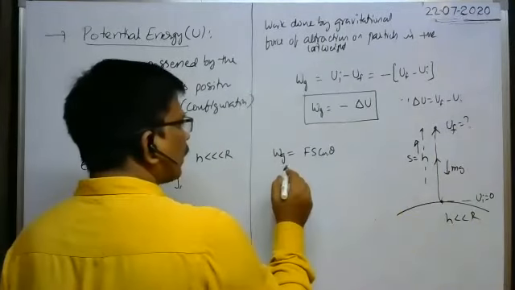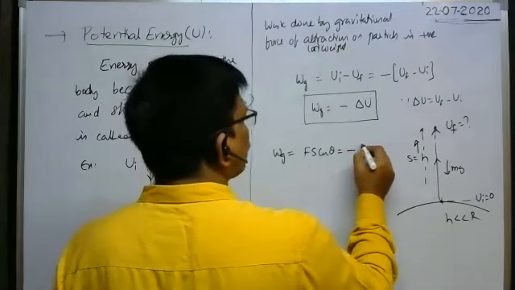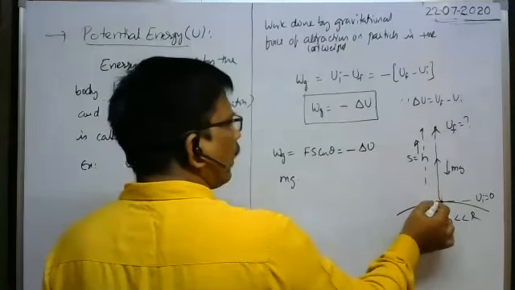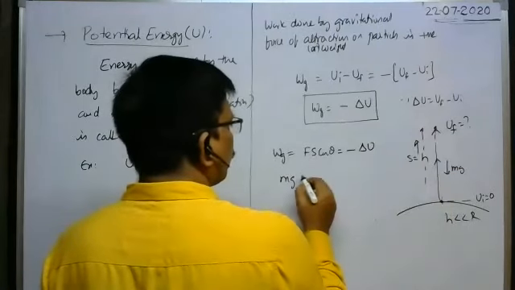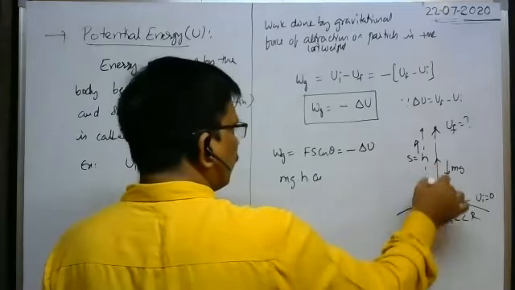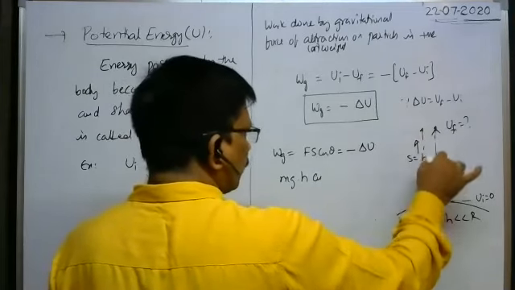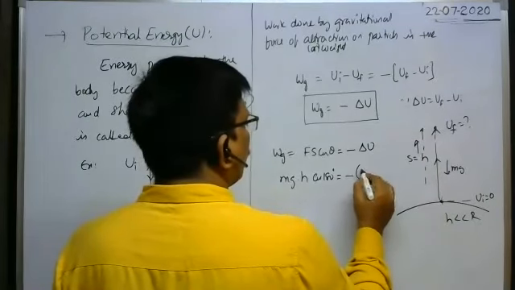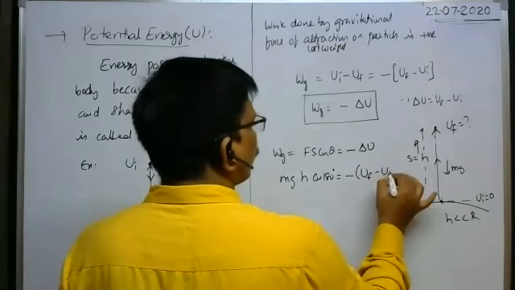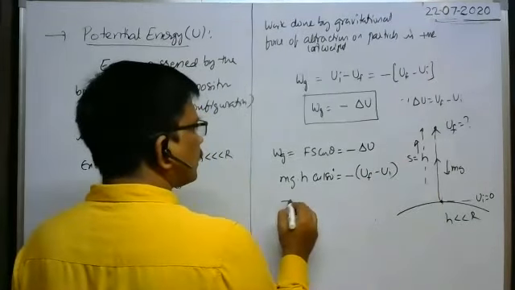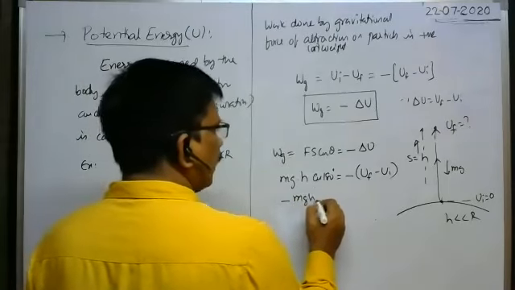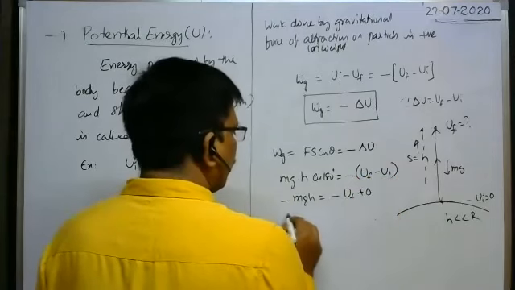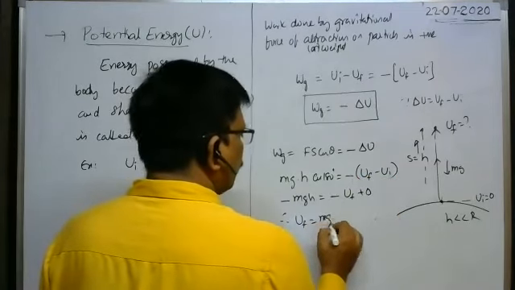Now, what is the work done by gravity? Work done by gravity is minus of change in potential energy, delta U. F means mg, and s means the particle is displaced from this position to this position through a distance h. Cos of the angle between them is cos 180, since mg is downwards and displacement is upwards. It is equal to minus of final potential energy minus initial potential energy. Cos 180 means minus 1, so minus mgh is equal to minus Uf plus Ui. Ui means 0. Therefore, Uf is equal to mg into h.